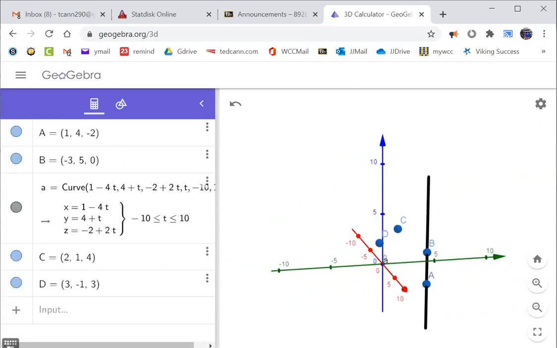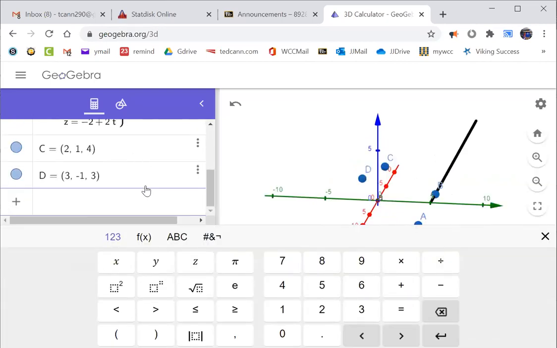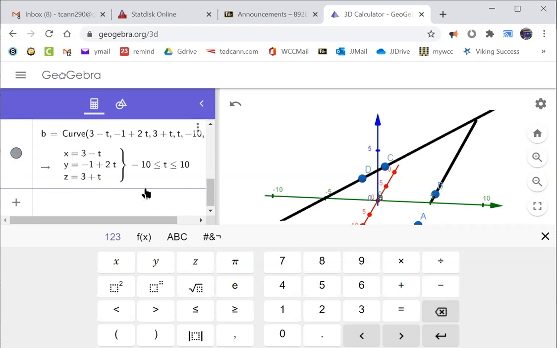They are. Okay. So now I'm going to type in a new curve, brand new, fresh looking curve. 3 minus t, negative 1 plus 2t, and 3 plus t. Now, again, what's the variable? t. Where is it going? Negative 10 to 10. Looks pretty good. Looks like it goes through the points that I want it to, here